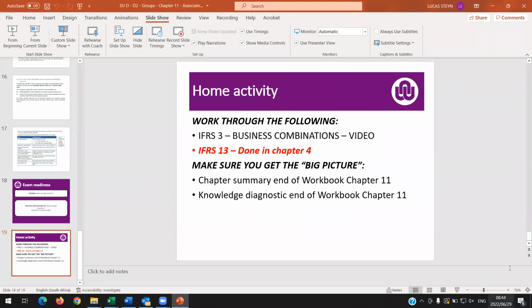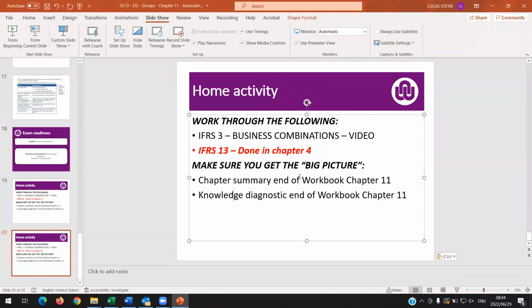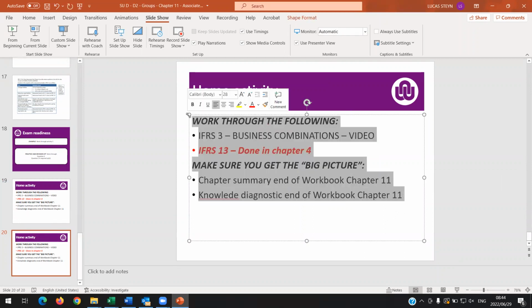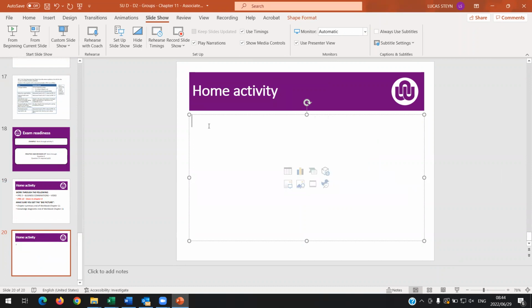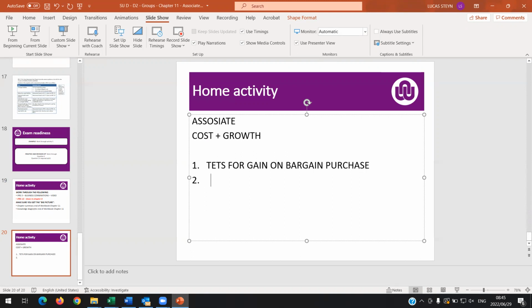I want you to make a small note over here for the associate saying what my equity plus, or my cost plus growth, means is the following. For the associates, we are on cost plus growth. And remember the principle we said, if I paid more, that's perfectly fine. It's still in cost. But if I paid less, I need to recognize a journal. So the first thing we do is the test for our gain on bargain purchase. And this means then